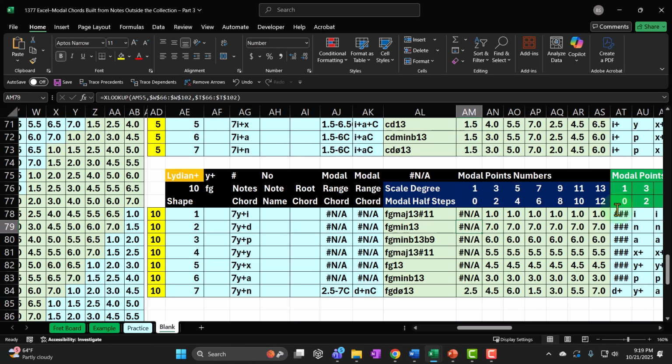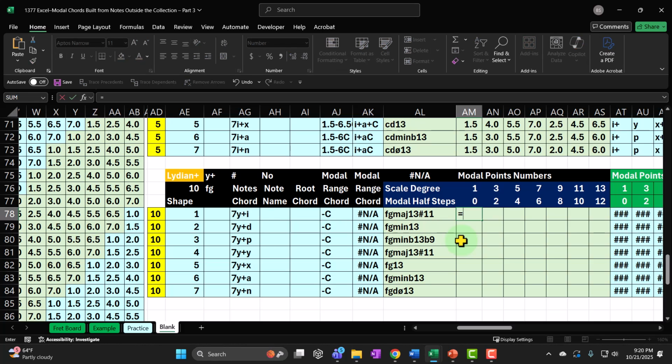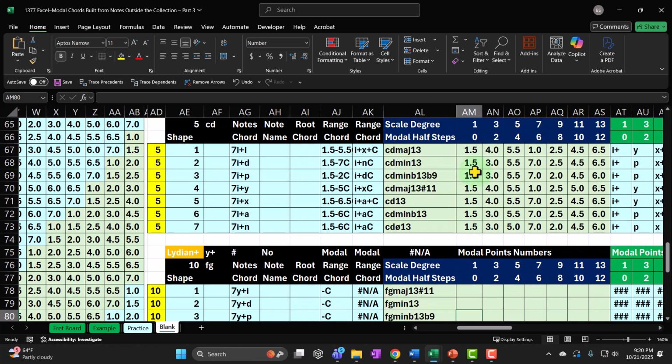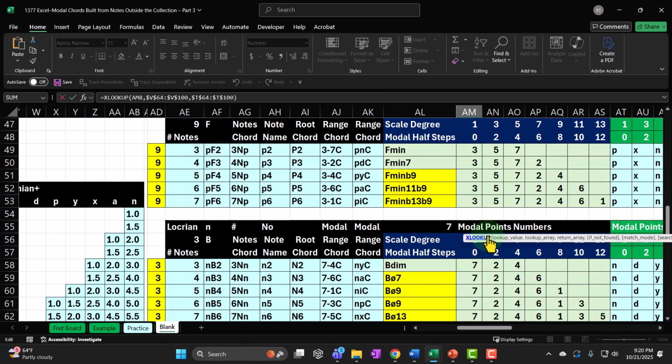Let's just do the whole thing again. This is where it gets messy. So let's just delete this and say, okay, normally if it was a 7-note Lydian and it was an Ionian plus chord, then it would be equal to, you know what? It would have been better if I had those absolute, because this is going to be, let me just think about the best way to do this. This is going to be pulling,